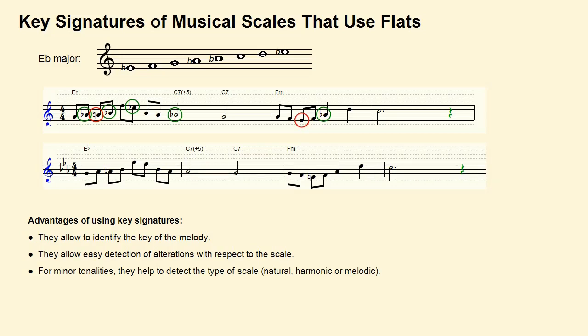In the statement of the first of the advantages of key signatures, we used the term allow instead of indicate. This is because, as we saw in the video on the generation of natural minor scales, they have the same set of accidentals as their corresponding relative major scales, since they have the same notes. Later we will see how to establish whether the melody transcribed with a given key signature is in a major